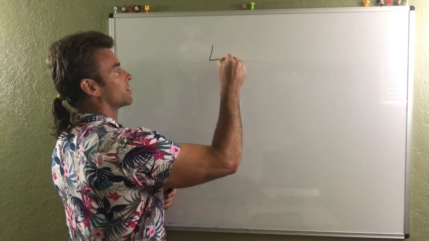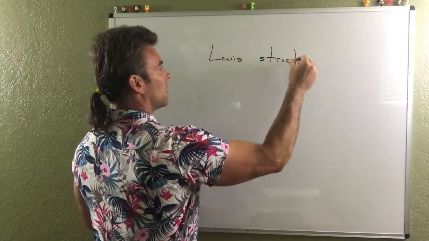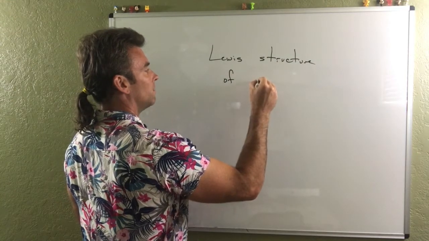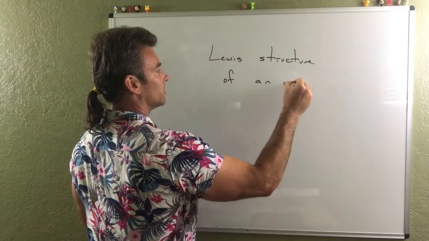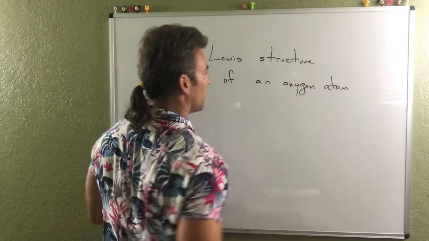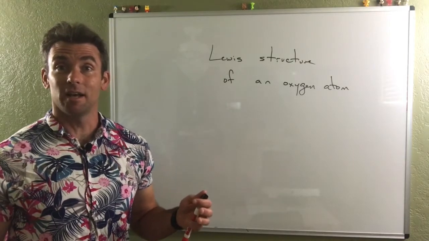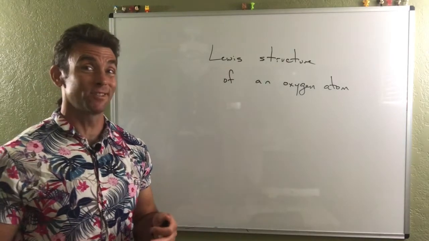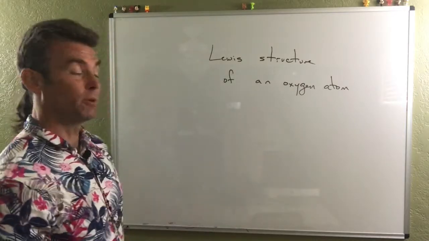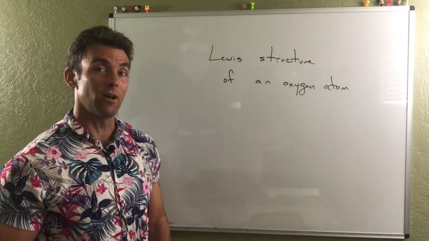But just in case somebody says, give me the Lewis structure of an oxygen atom, or something like that. Notice that we're just talking about an oxygen atom. We're not talking about oxygen in an ionic compound. We're not talking about oxygen in a covalent compound. So what do we do? Well, it turns out this is very simple. If you remember the valence electron count of all your different columns,